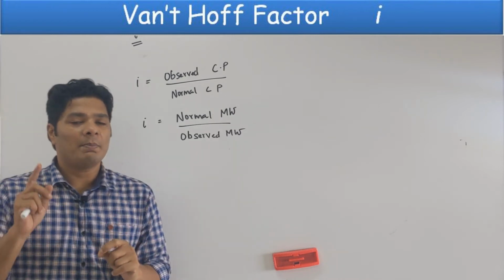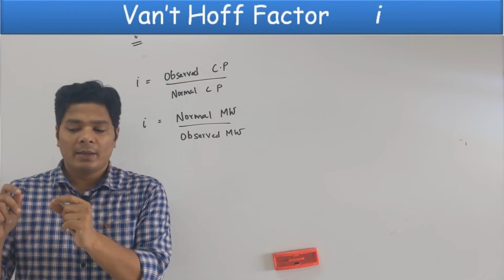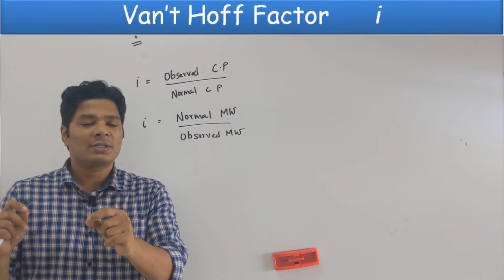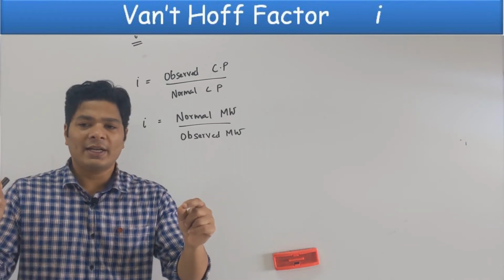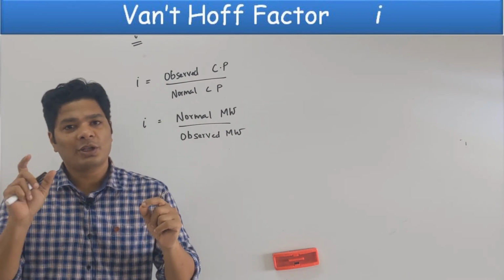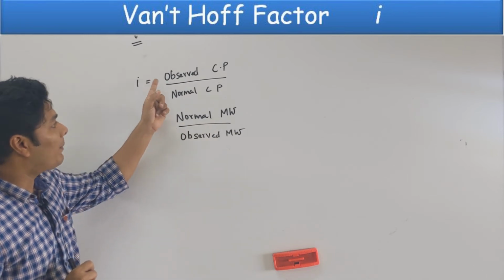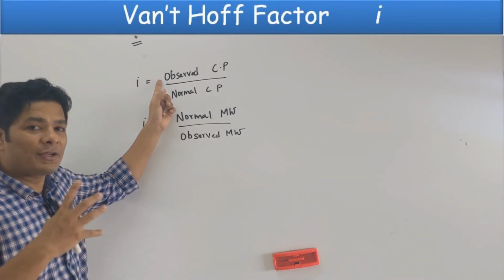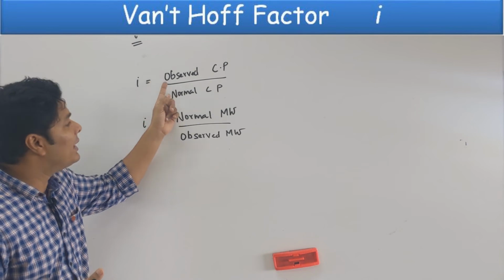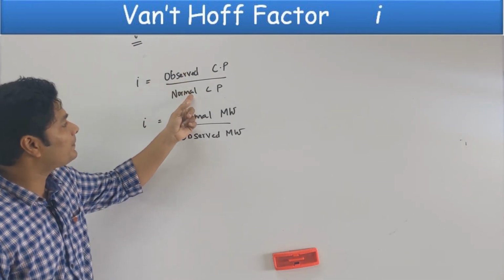Now all of your colligative properties: pi equals ICRT, so pi is proportional to I. Your delta T equals K times M times I, so delta T is proportional to the I value. So the I value is always proportional to the colligative property you are measuring. So you can write this as I equals the observed colligative property, meaning what you actually got in the experiment, divided by normal. Normal is calculated. So these can be given differently.